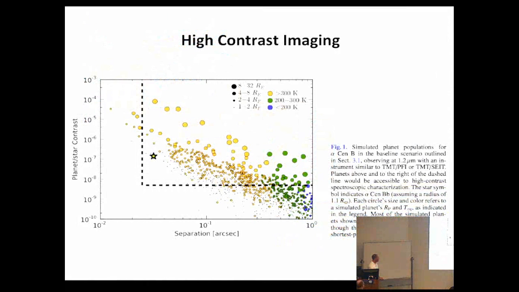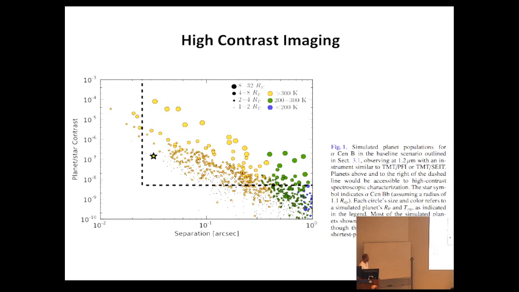I think there are two ways these telescopes will contribute to exoplanet atmospheres. One is through direct imaging, of course, that will continue. And in the thermal infrared, it may be possible to see small planets in the habitable zones of M dwarfs, nearby M dwarfs. This is a paper by Ian Crossfield. Maybe it was et al. Anyway, Crossfield 2013, looking at a predicted population of planets from the Kepler mission, now populating nearby stars, and then